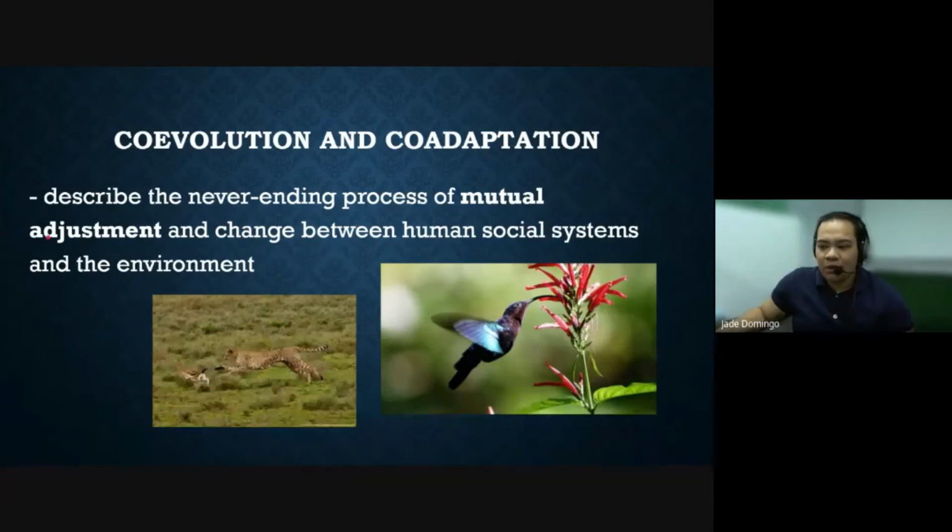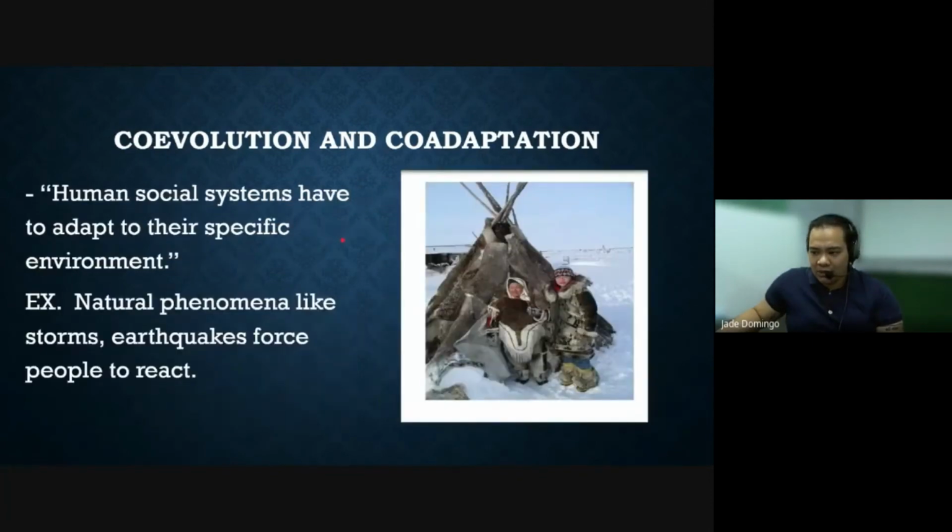So that's an example of co-evolution and co-adaptation. The humans adapted to eating the banana plant and made it grow in different places and different environments, and as a result of that, the banana plant evolved and adapted to the humans as well. So that's co-evolution and co-adaptation. Human social systems have to adapt to their specific environment. For example, natural phenomena like storms and earthquakes force people to react. So we as humans,